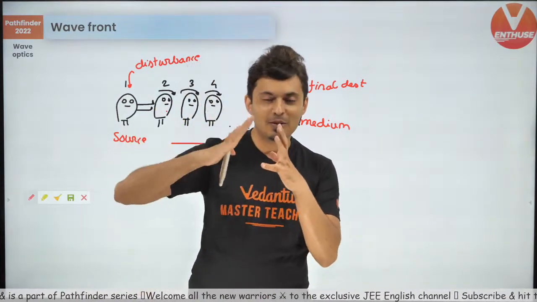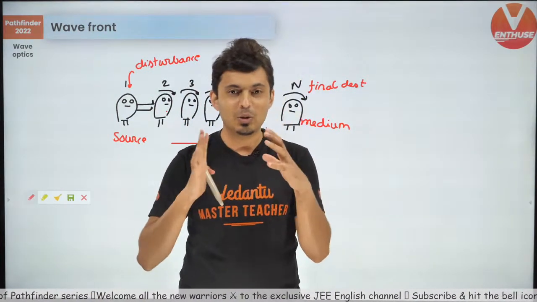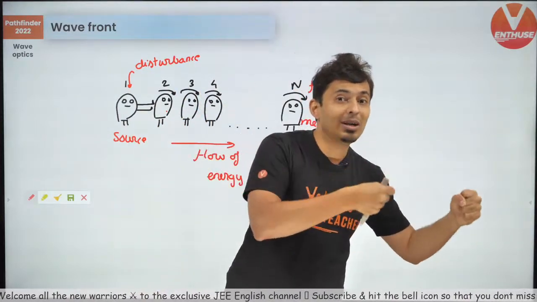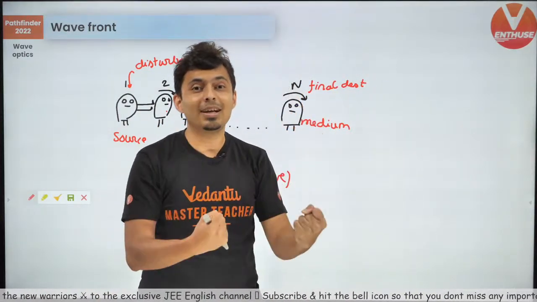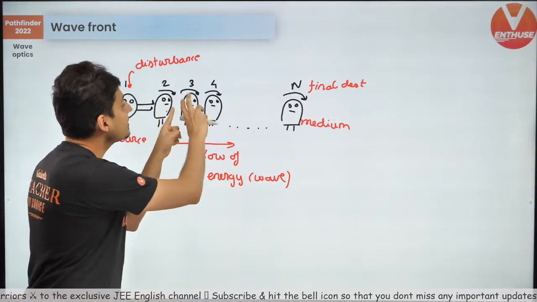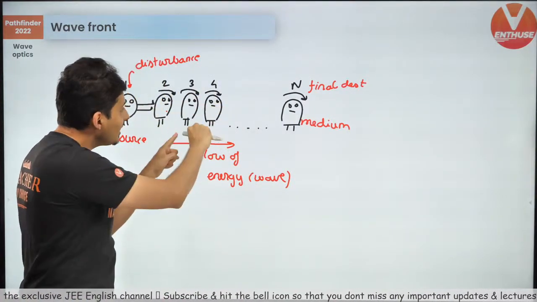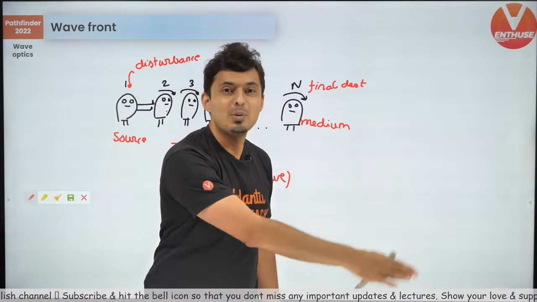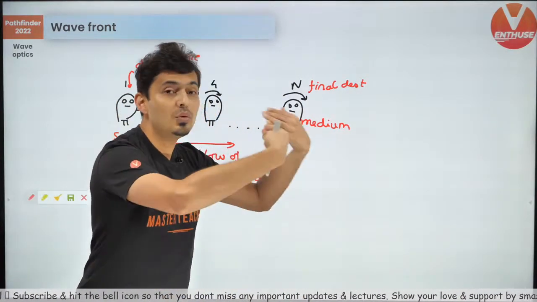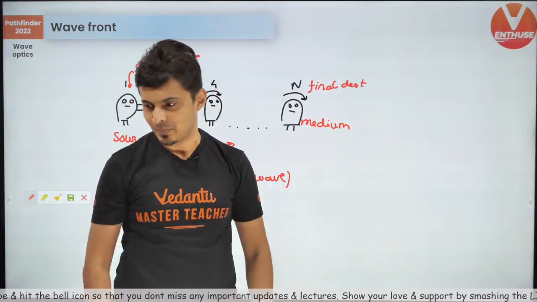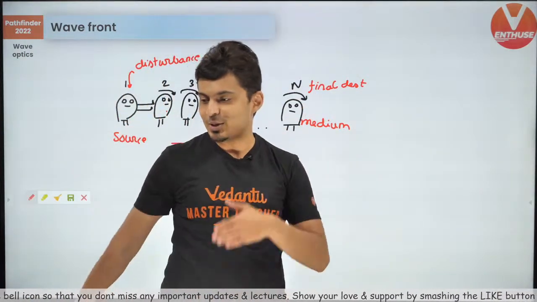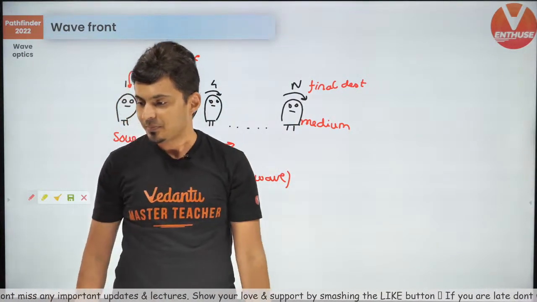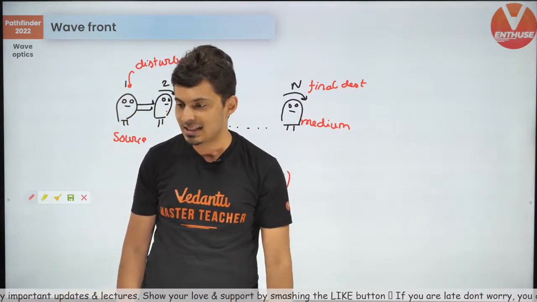As soon as Pandu 1 falls on Pandu 2 or disturbs Pandu 2, Pandu 2 is now going to act like the new source, and he is going to fall on Pandu 3. Pandu 3 will act like the new source because he is going to create a disturbance. Then Pandu 4 will act like a new source. So every time the disturbance propagates, you have new secondary sources at different points in the medium. Are you able to understand it? I hope you understood this.